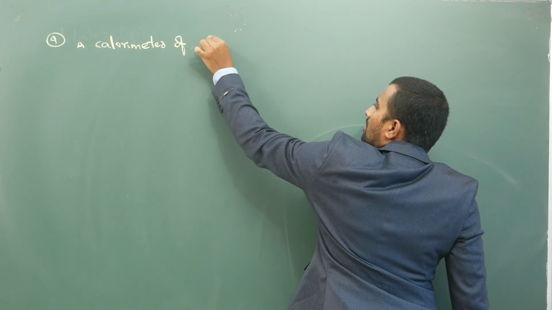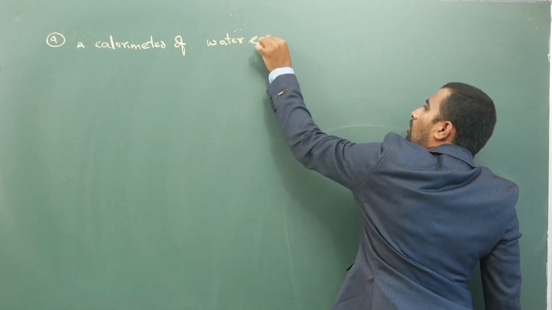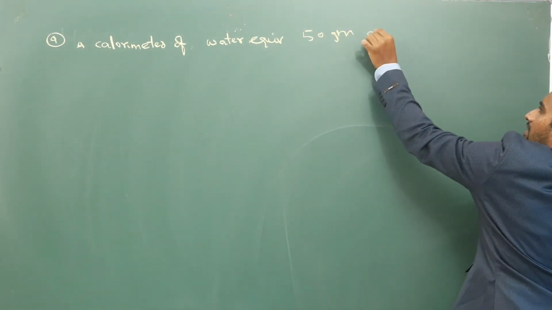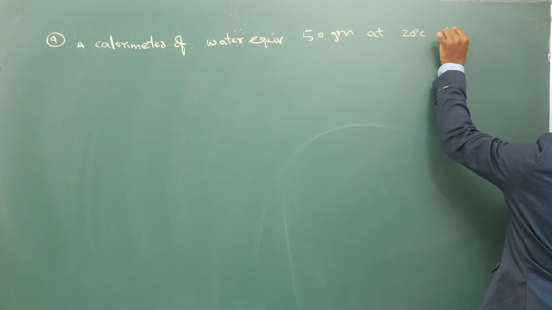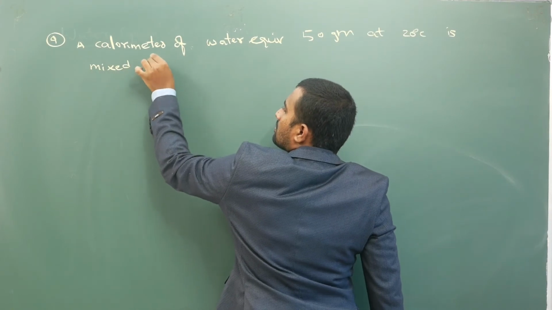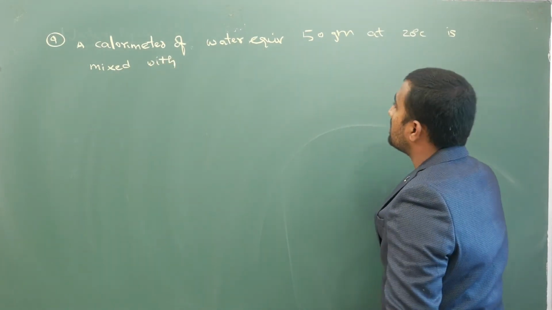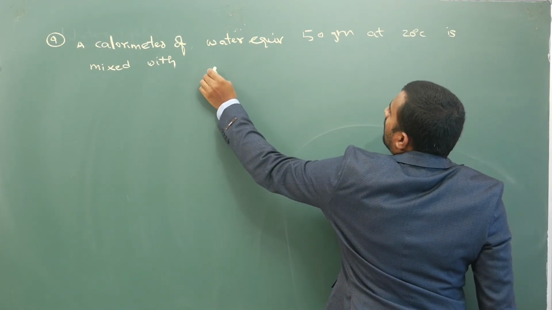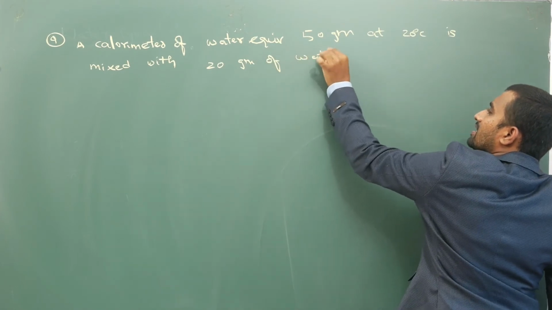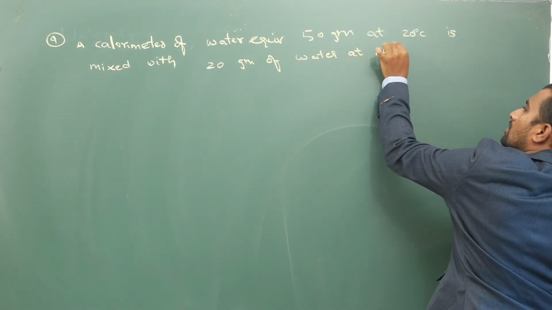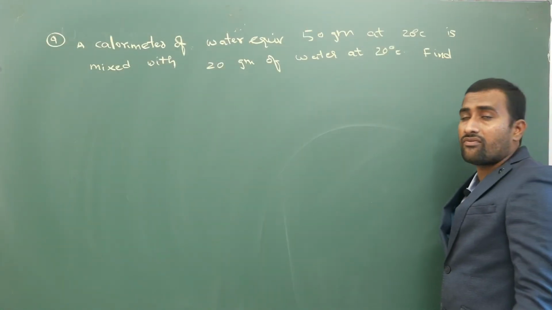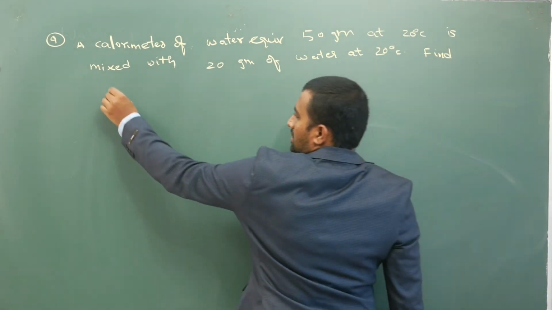A calorimeter of water equivalent 50 grams at 20 degrees centigrade is mixed with 20 grams of water at 20 degrees centigrade. Your question is: find the heat energy required